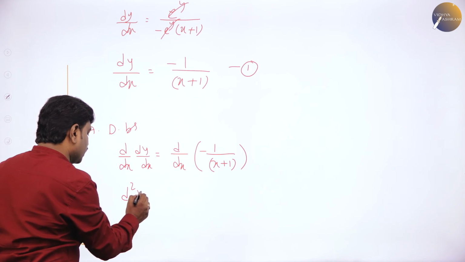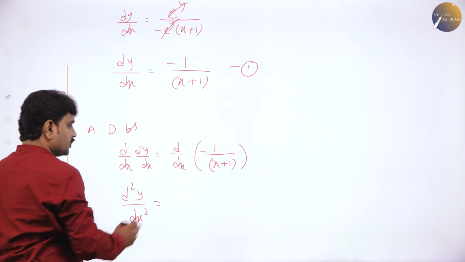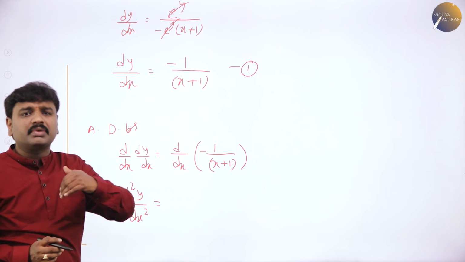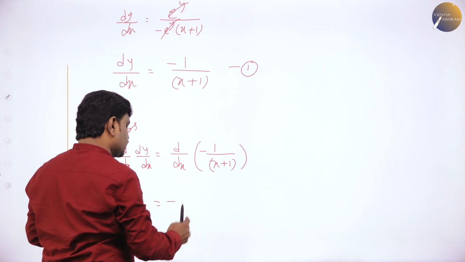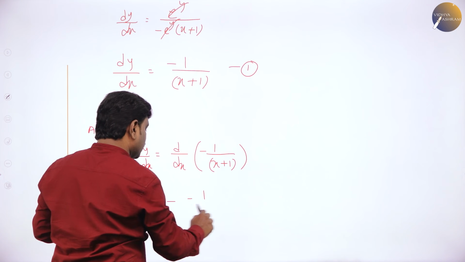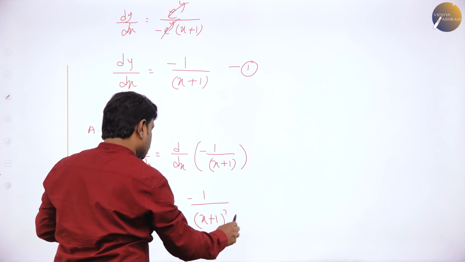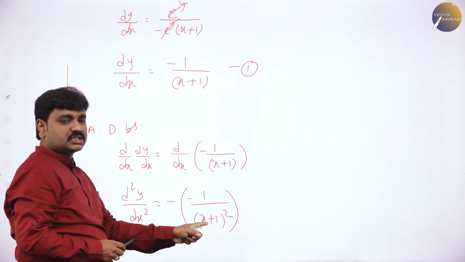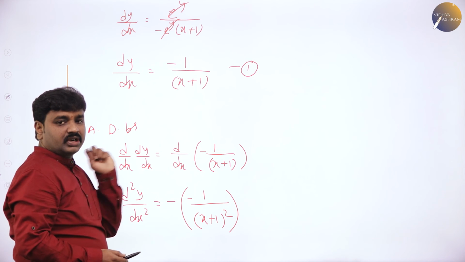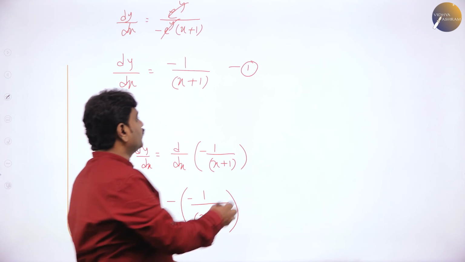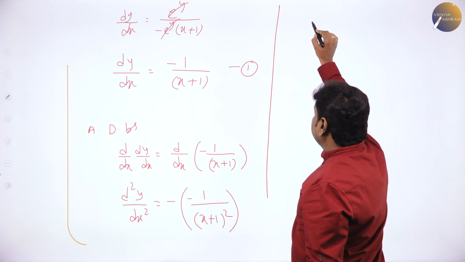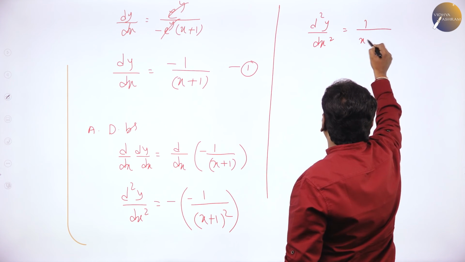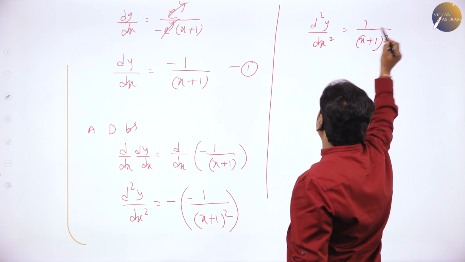So this is d square y by dx square, and differentiation of 1 by x. What is d by dx of 1 by x? Minus 1 by x square. So d by dx of this is minus, take it out. Derivative of this is minus 1 divided by (x plus 1) the whole square. Minus I took out. Derivative of 1 by (1 plus x) is minus 1 by (1 plus x) the whole square into derivative of (x plus 1), which is 1. So this is the differentiation. Simplify this. If you simplify, you have d square y by dx square is exactly 1 by (x plus 1) the whole square. So call it as 2.